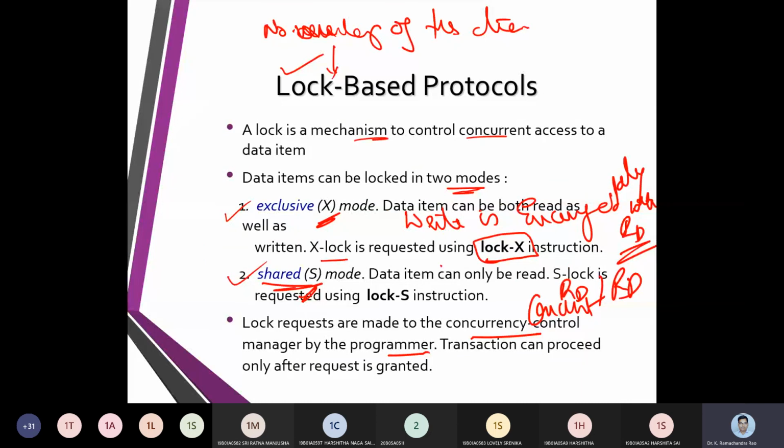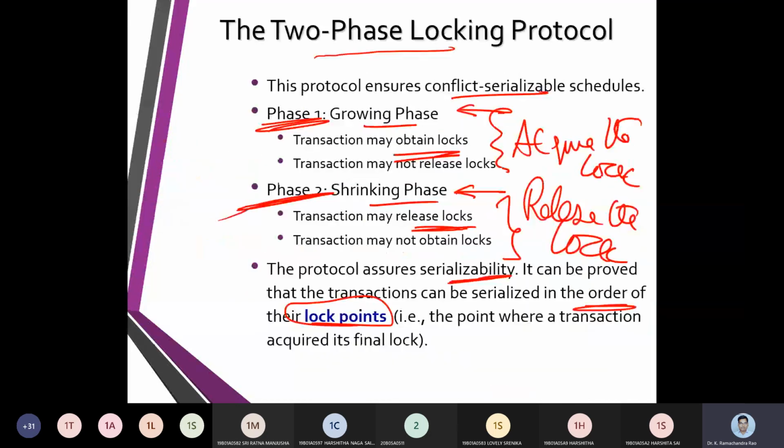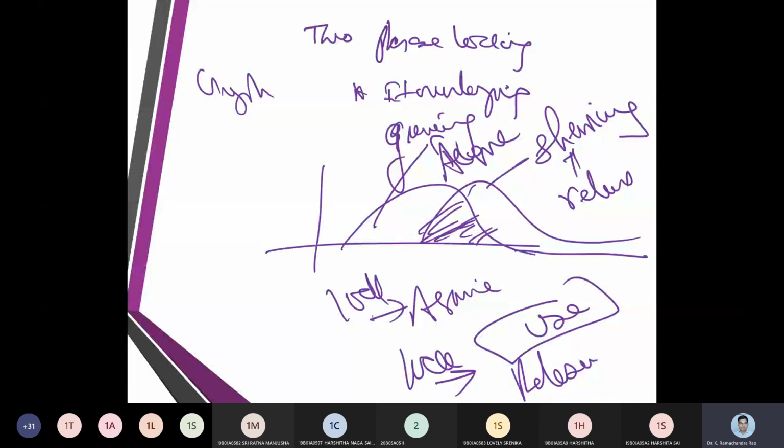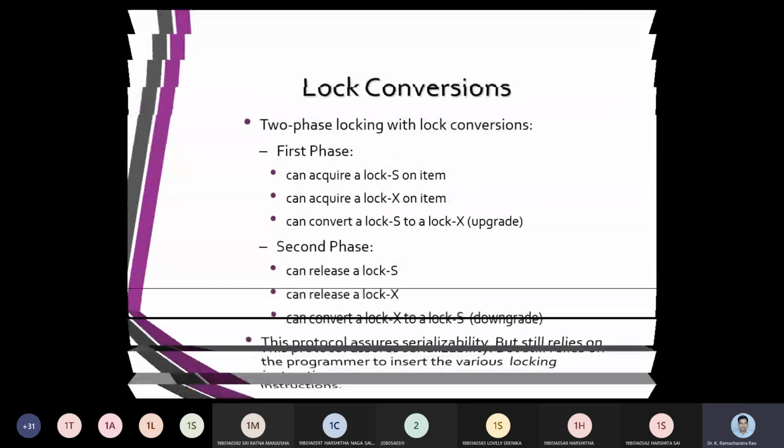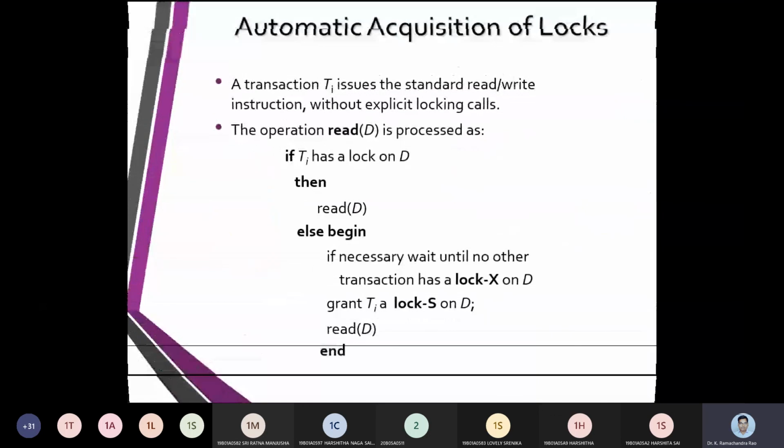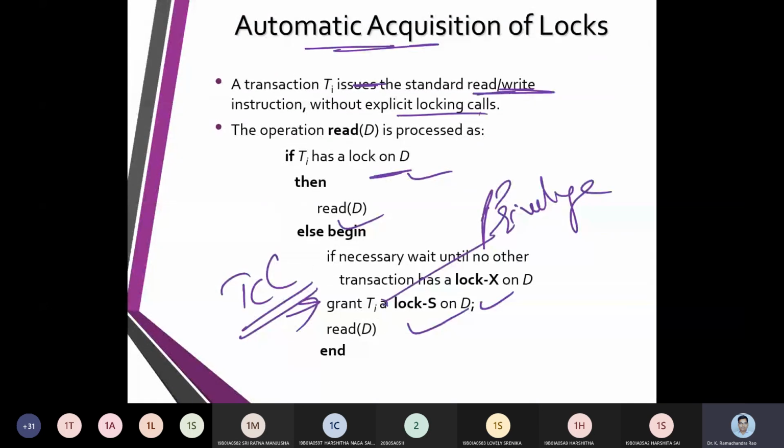To access that item, first we acquire a lock on it, use the database objects, and thereby we release. That is where the locking mechanism is happening. In the first phase, the growing phase, we get the lock. Thereafter, in the middle, we use it, and at the end we release it. We say it is the shrinking phase. That is all regarding the two-phase locking. So we'll pause our discussion for today here.